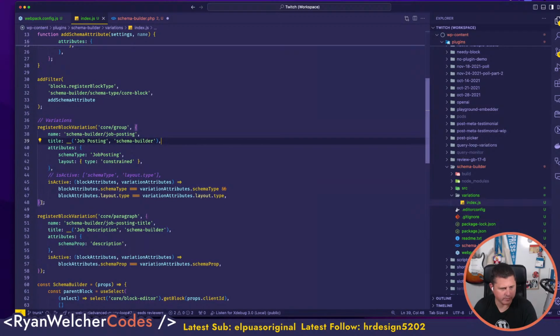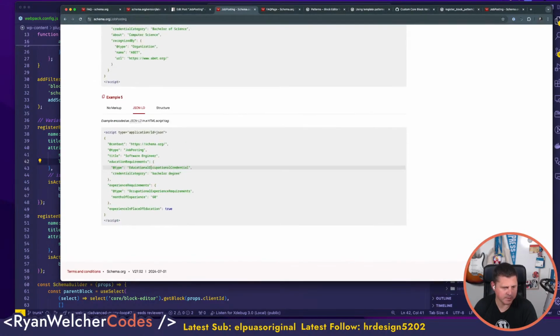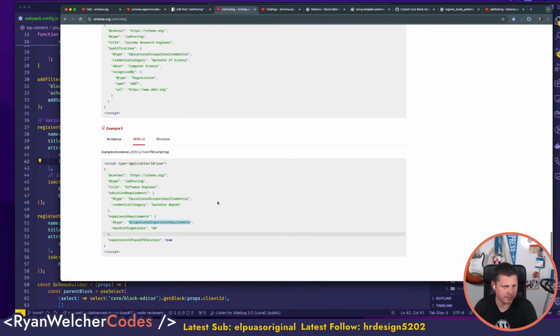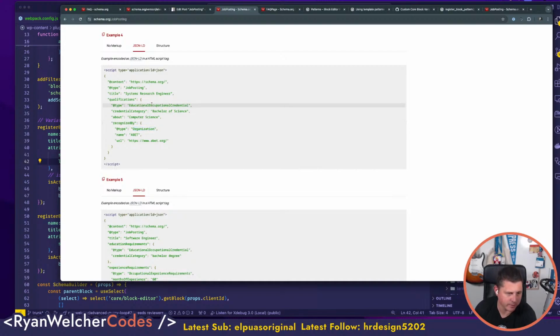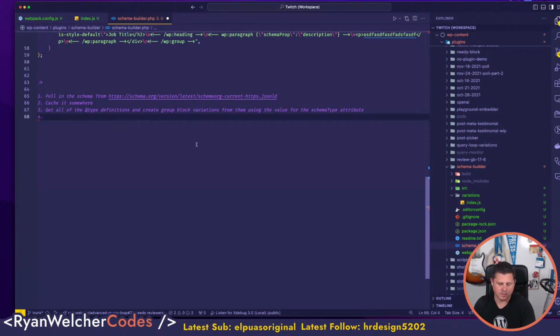like a group like this, right? So the schema type is job posting, and because there's gonna be a ton of types, like each type is gonna be educational thing, organization and all this stuff, we'll have these groups available for them. And then for each type, we'll create a pattern for each type,